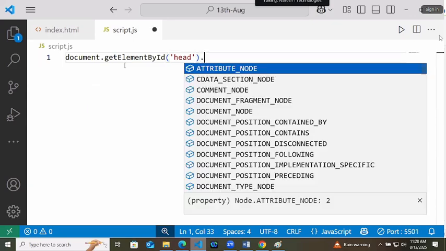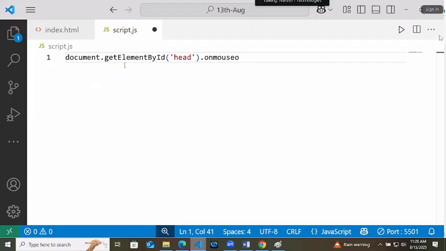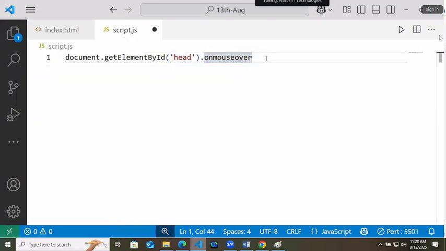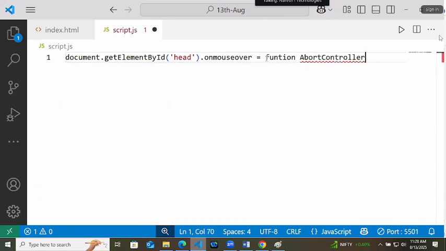Here I will say on mouse over. Whenever the mouse is going over the heading, what will it do? It will call a function. Function name, any function name you can write.